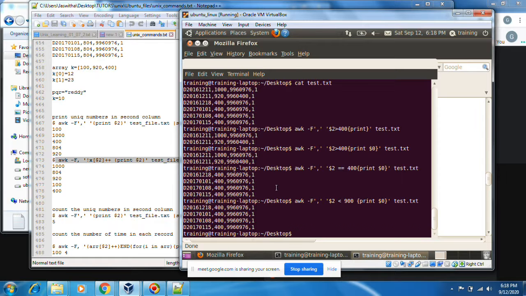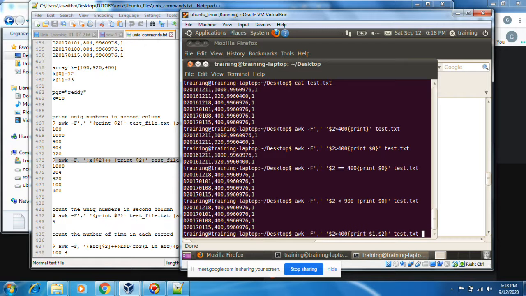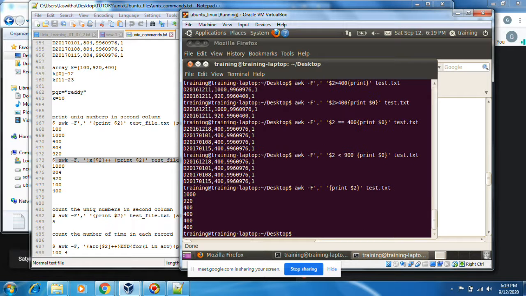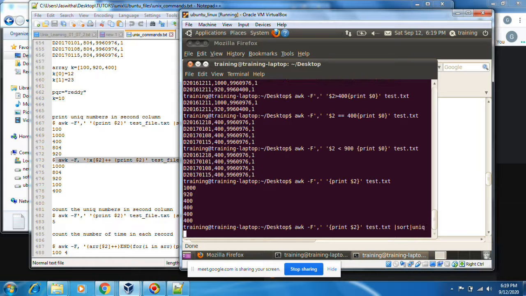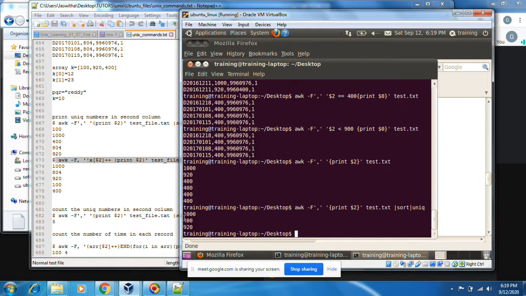If I want to remove duplicates and then print the unique numbers, let's see what is printed here. There are so many duplicates. Sort to unique. I see only unique records. In the same way, instead of sort to unique, you can use AWK to display like this.